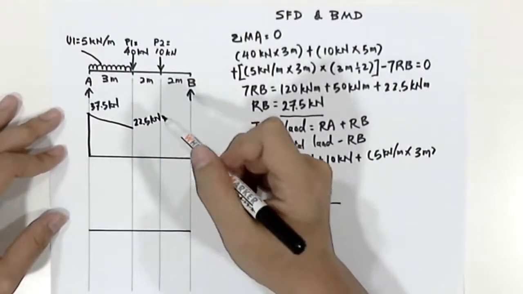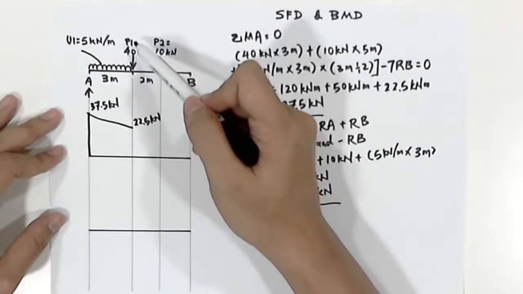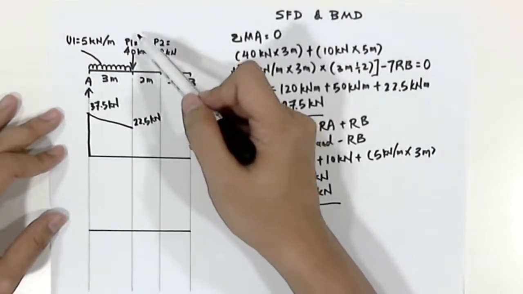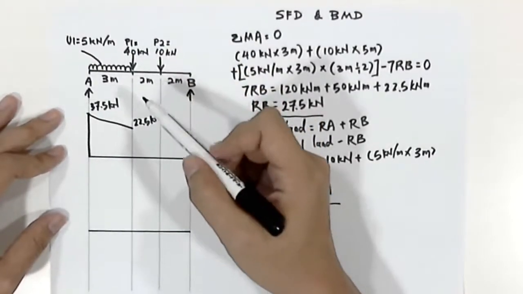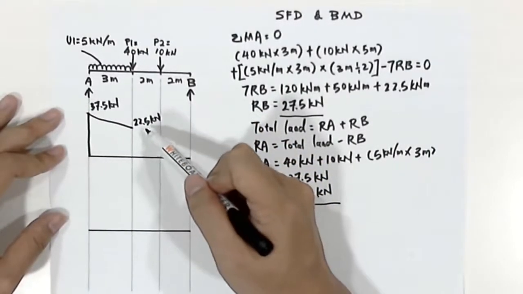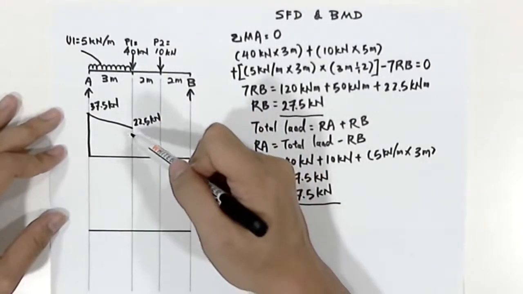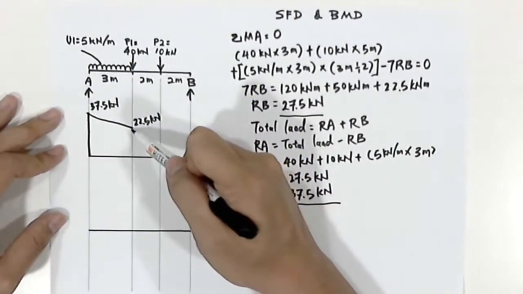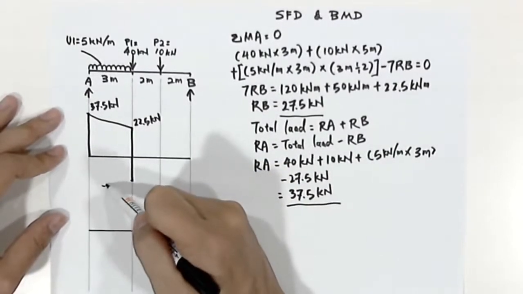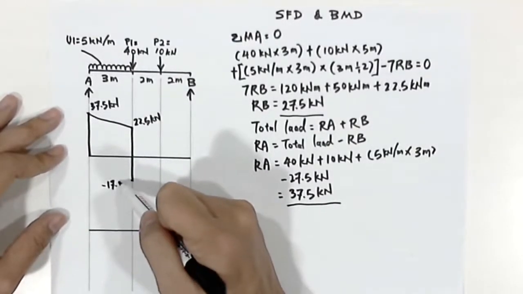kilonewton. Now we have a point load 1, P1 equals to 40 kilonewton. What P1 does to the shear force diagram is that we'll have to use 22.5 kilonewton to deduct 40 kilonewton. And the value that we'll have will be negative 17.5